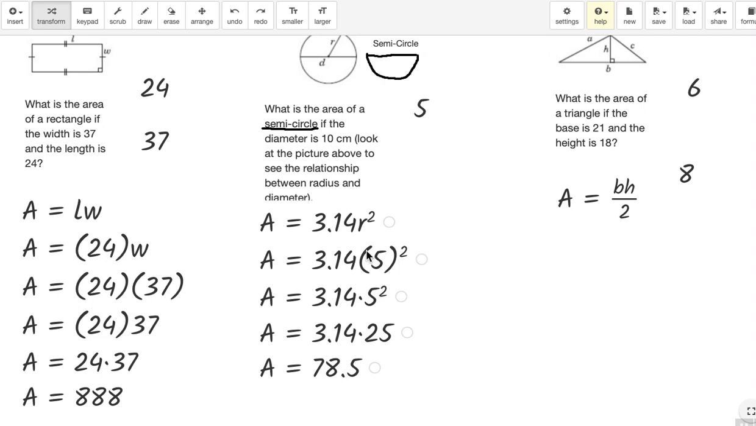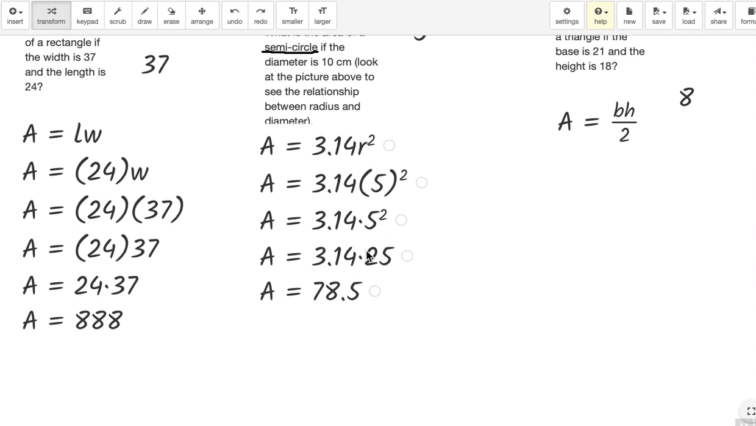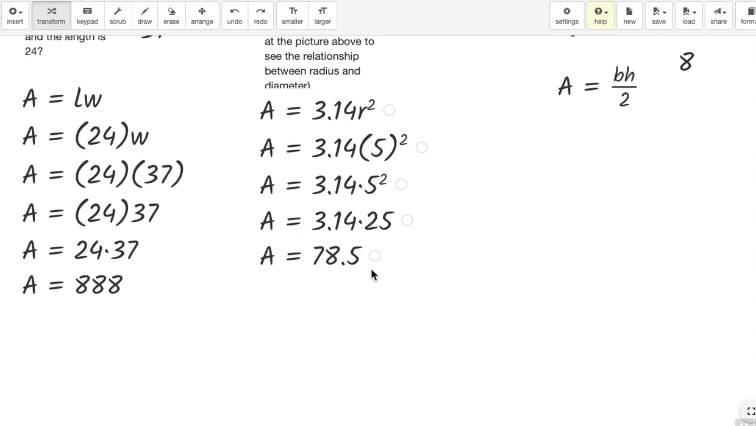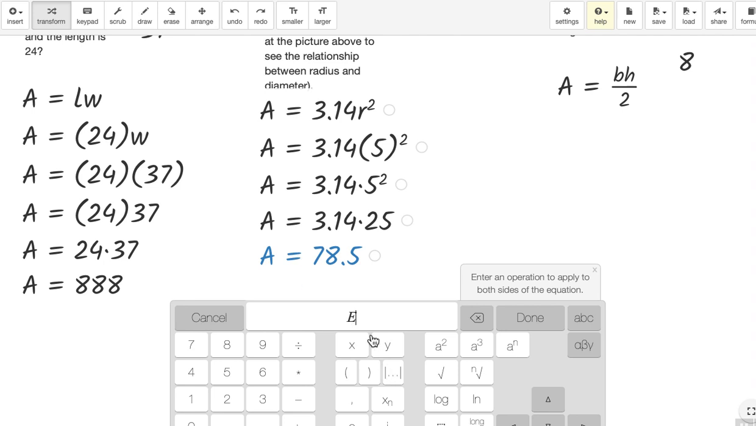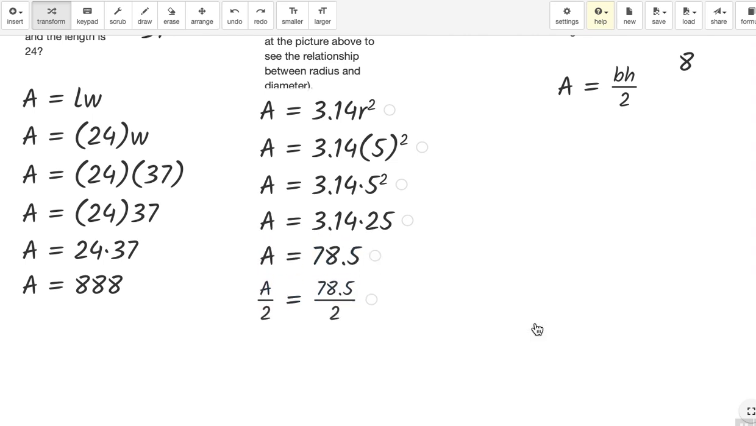I don't want a full circle, I want a half of a circle. So what I need to do is divide this final answer by 2. I don't know if you remember from last time, but if we long click on the equal sign, eventually the E comes up. That just says equation. So what am I going to do to both sides of the equation? Well, it's a half a circle, so I need to divide that area by 2. Done. And then to get a numerical answer, I would